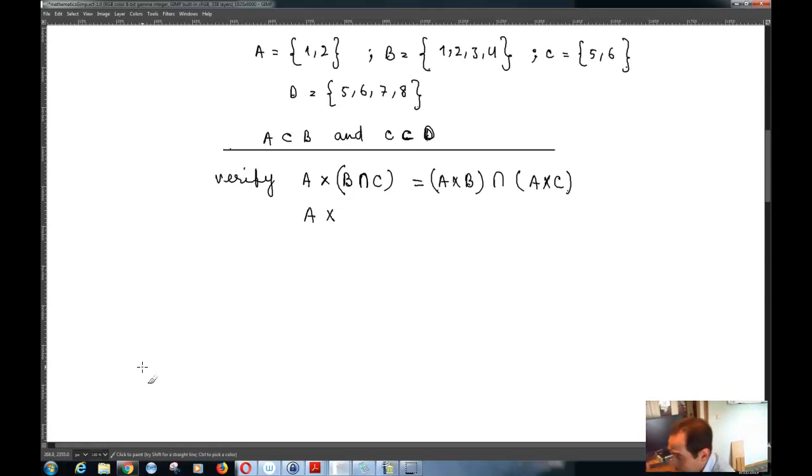Okay, so now I don't understand why they have actually asked this question, because it kind of makes no sense. But let's see. You see that the set B is basically {1, 2, 3, 4}, C is {5, 6}. Okay. So now if I take B intersection C as the null set,